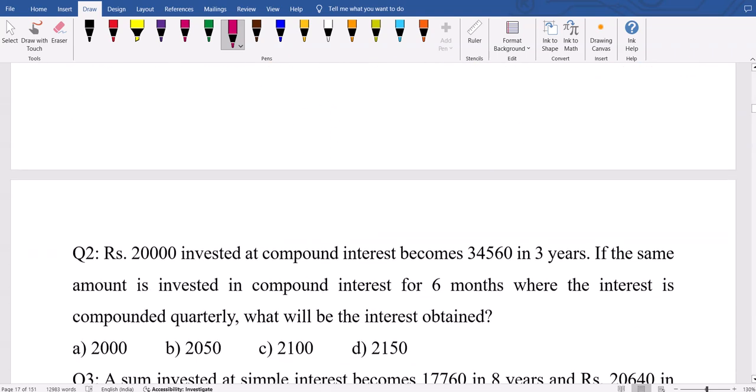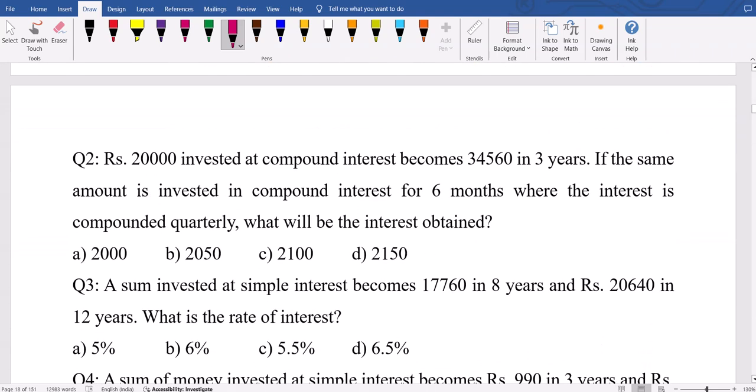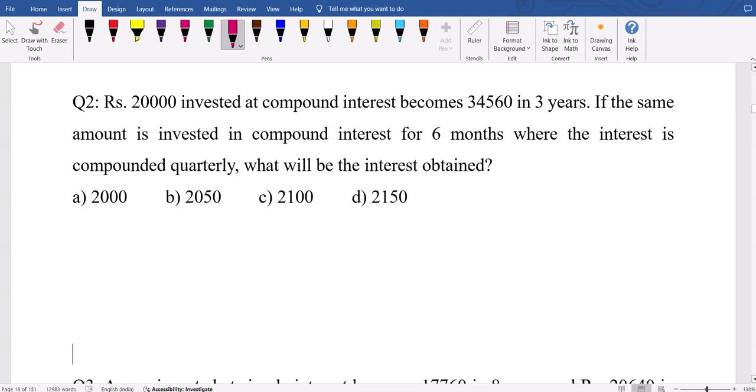Now see the next question. This is a simple interest question. Now see the next one here. 20,000 invested at compound interest becomes 34,560 in 3 years. This is the amount invested using the compound interest concept. If the same amount is invested in compound interest for 6 months, where the interest is compounded quarterly, what will be the interest obtained? Guys, first one,